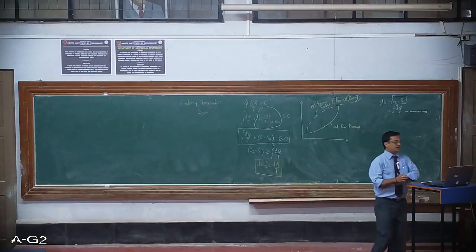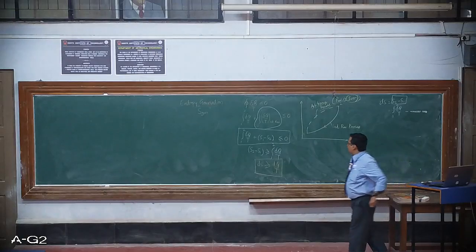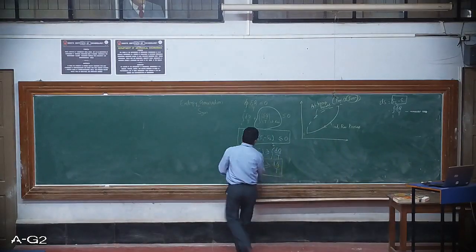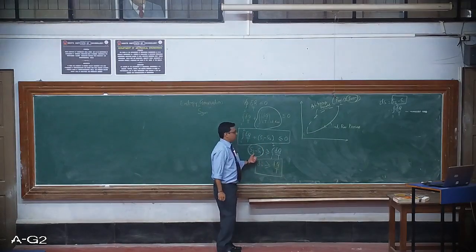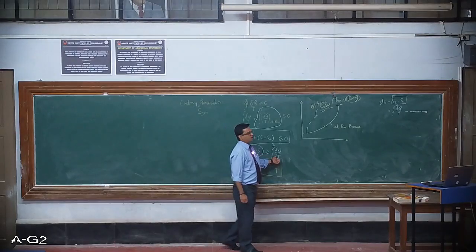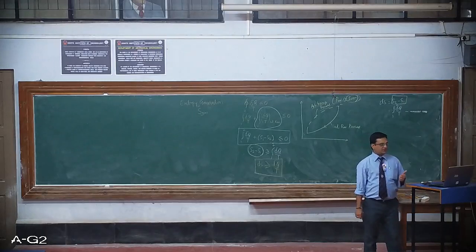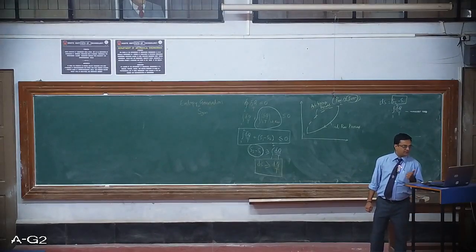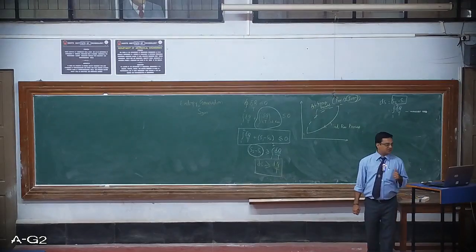Now, the difference between the entropy change of a closed system and the entropy transfer, now this is called the entropy change. So read it carefully. The difference between the entropy change of a closed system and the entropy transfer is equal to entropy generation, and hence the equation is given as